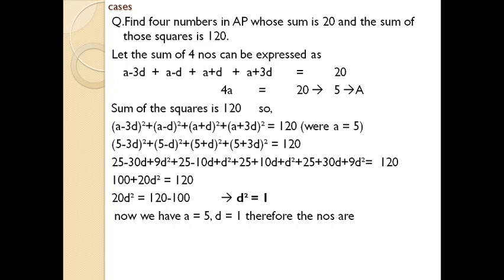Don't do like that. Here the value of A and D is based on the assumption that the four numbers are A minus 3D, A minus D, A plus D and A plus 3D. So once you arrive at a value of A and D, you need to substitute those two values in those unknown cases. Then only you will get the actual value of the four unknown values, by substituting the value of A and D in the formation A minus 3D, A minus D, A plus D and A plus 3D.